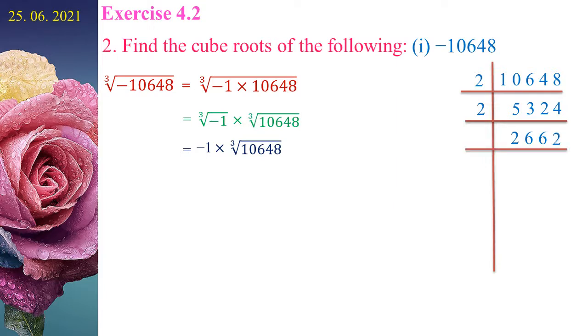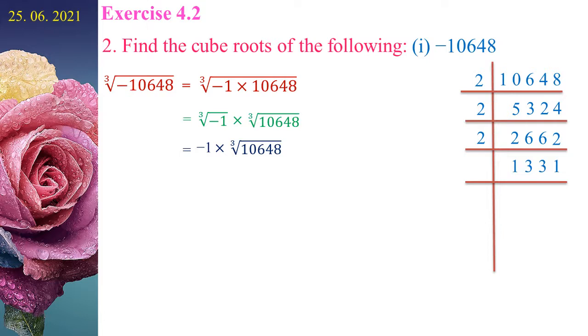are 4. Here, the ones digit is even number. So, the number 2662 is divisible by 2. 1 2 is 2, 3 2s are 6, 3 2s are 6, 1 2 is 2. Here, the number 1331 is not divisible by 2 because the ones digit is not an even number.